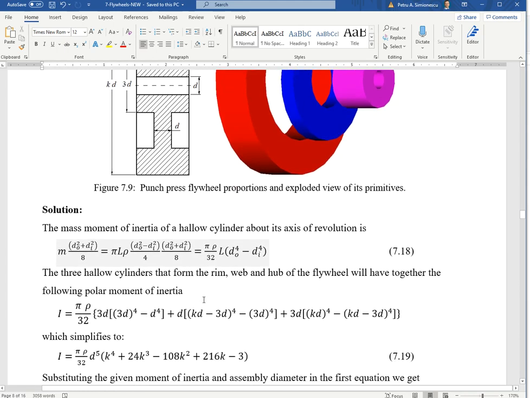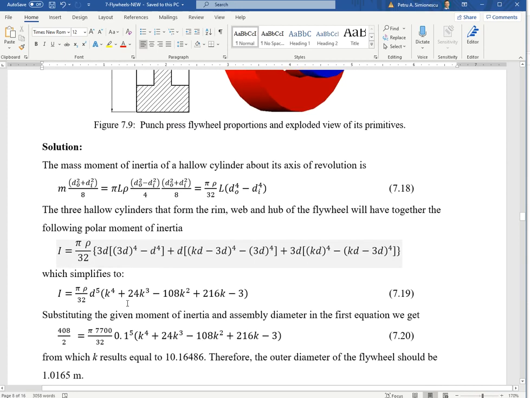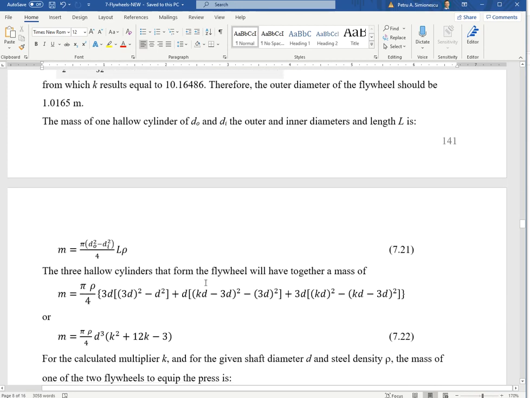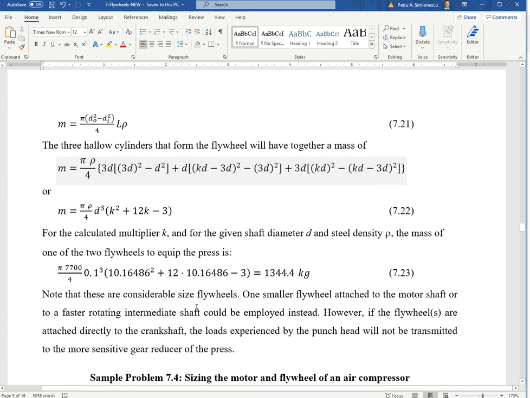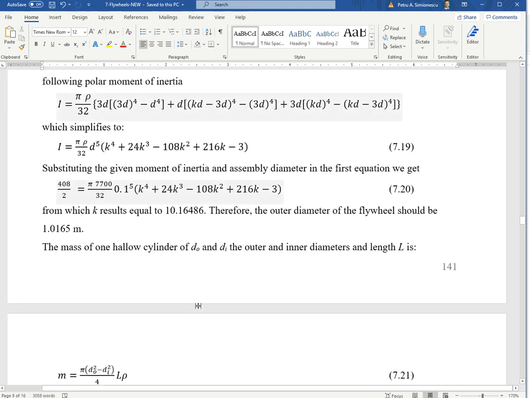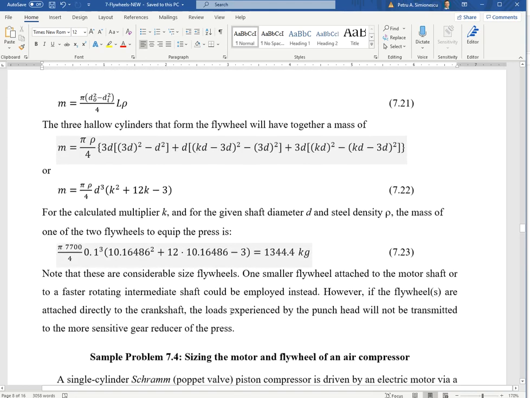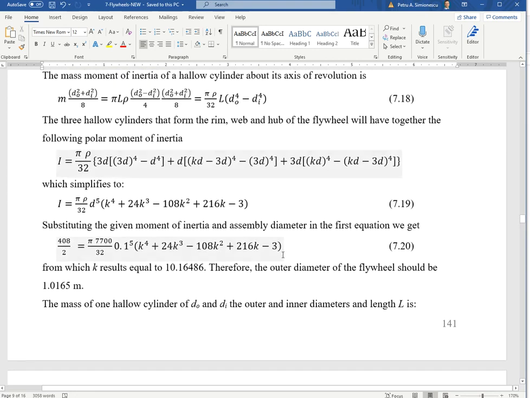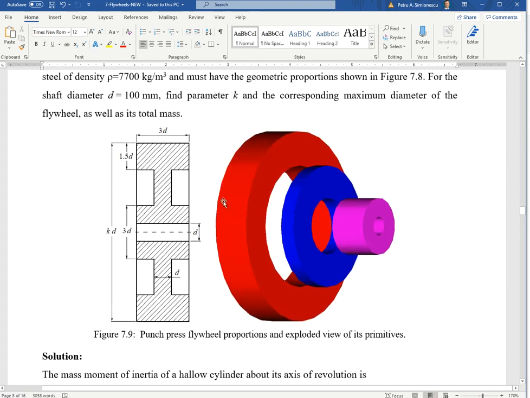And for a cylinder, the mass moment of inertia equation is available in all dynamics books, or if you search online. And again, you can follow the explanation. Ultimately, you're calculating the constant K, and then the corresponding mass. It's pretty sizable. It's over 1 ton, 1.3 metric tons of metal. That's a bit big, and this is because